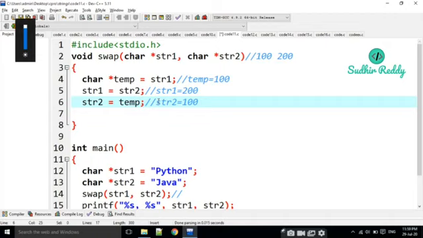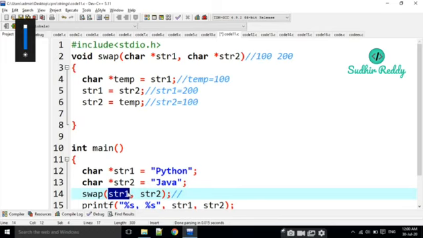Only the addresses of the first characters are interchanged, not the total string. If you were passing the total string address here, we could modify it, but we are not passing the total string here. We are passing only the first character address. That means this is not call by reference, this is call by value.